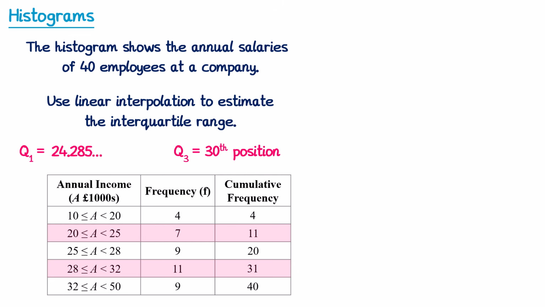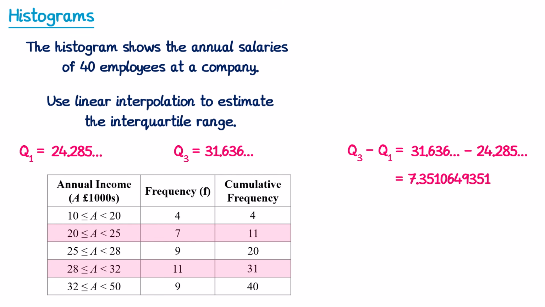I'm not going to demonstrate the full process again for the upper quartile as I already have a video on how to use linear interpolation. You're welcome to pause the video and give it a try now, but if you do it correctly, you'll find that Q3 is equal to 31.63 recurring. To find the interquartile range then, we subtract these two values. So if you do 31.63 recurring, subtract 24.285 and so on, you end up with